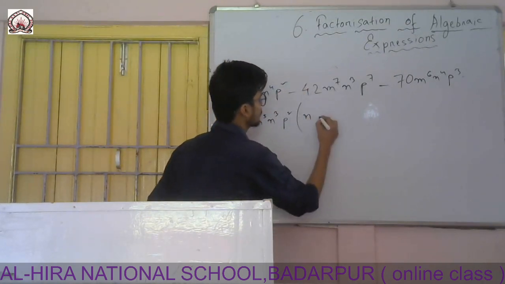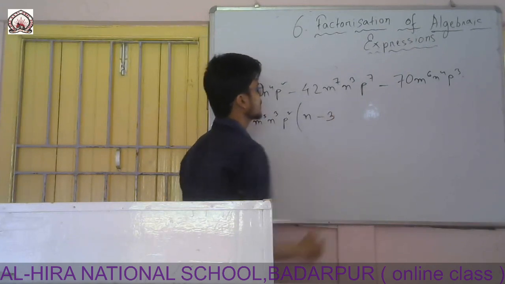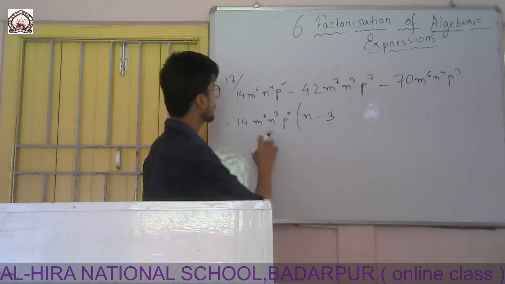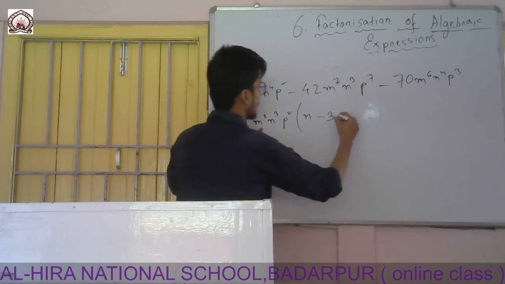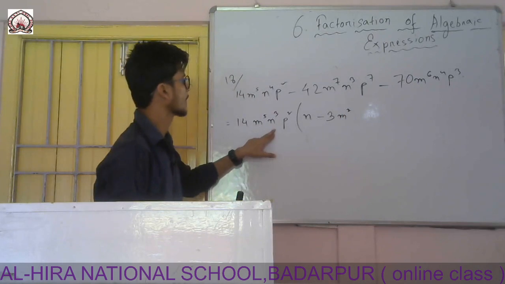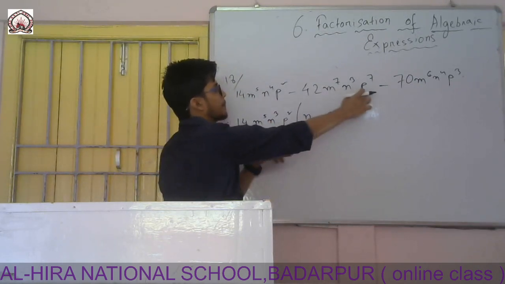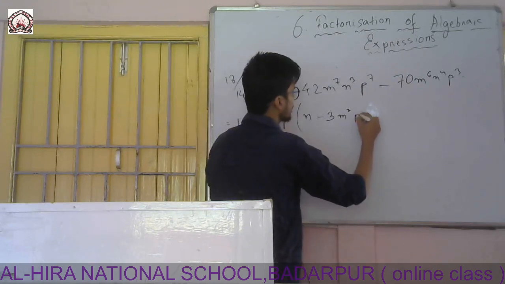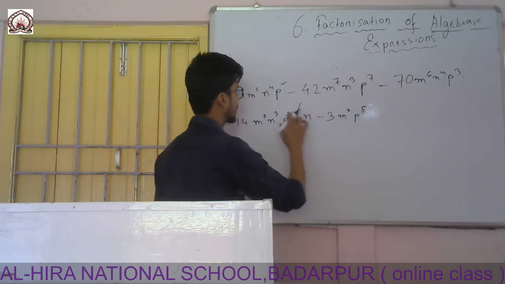Now minus sign, so give minus. 14 3s are 42. M to the power 7 here, and there it is m to the power 5, so how many m do I need? 5, 6, 7, I need 2m. Okay. N cube, they are also n cube. They are p square, they are p to the power 7. How many p do I need? 5. So if I write 5, 5 plus 2, it is 7.